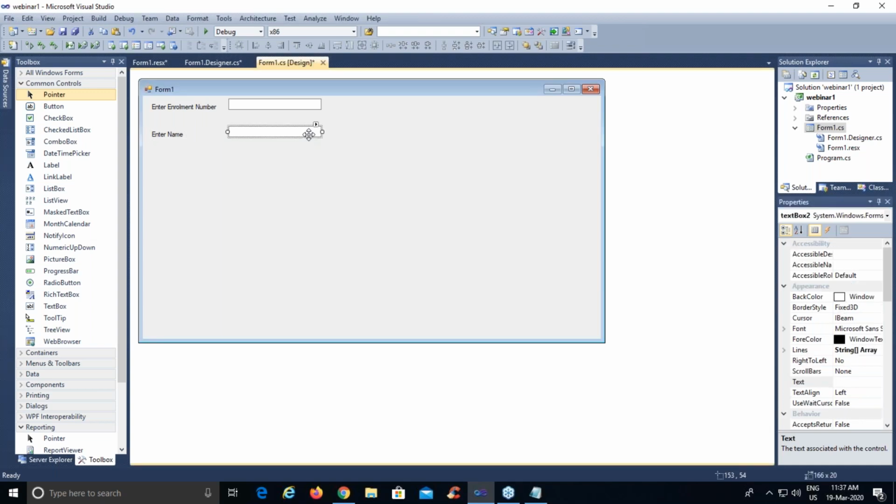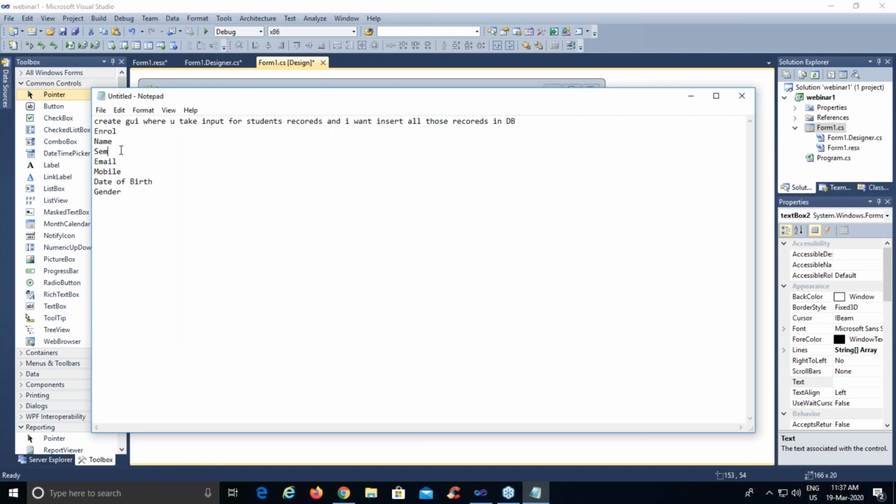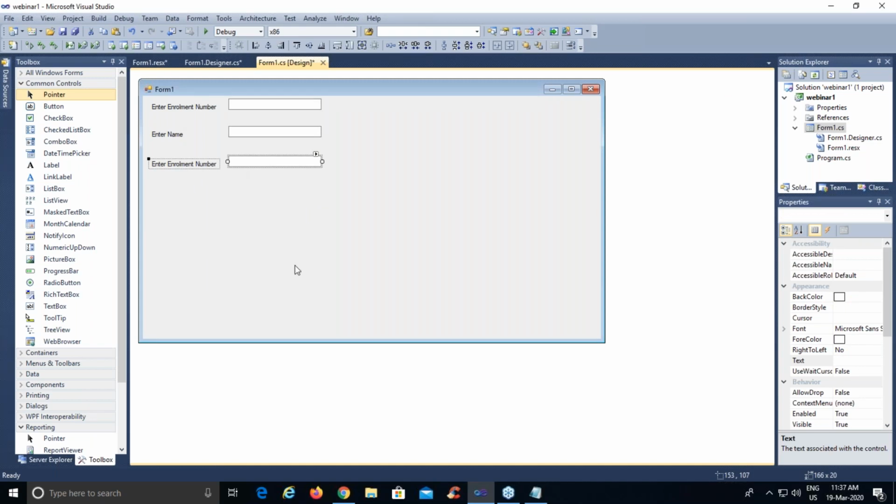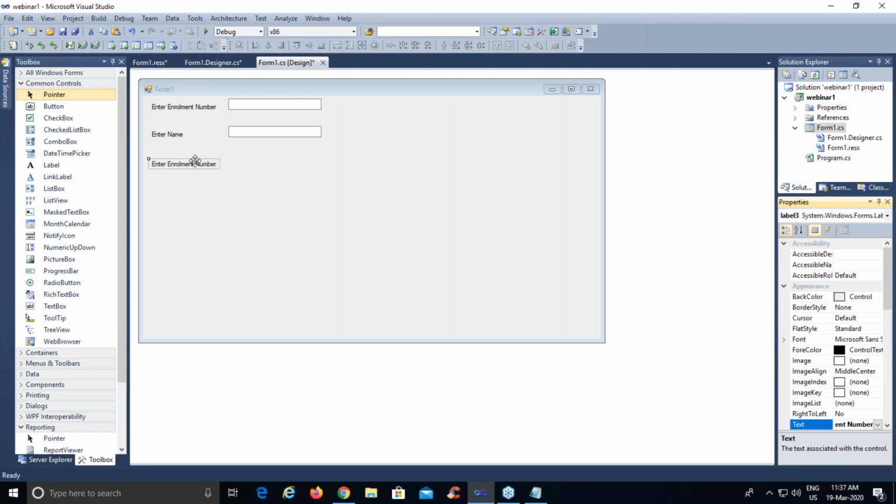Again, I want to give a text box, so there is no requirement of changing this control. Then we want to enter a semester. So what I want is, while providing the input of semester, I want the students to select the semester from the predefined values I already entered. So for that,